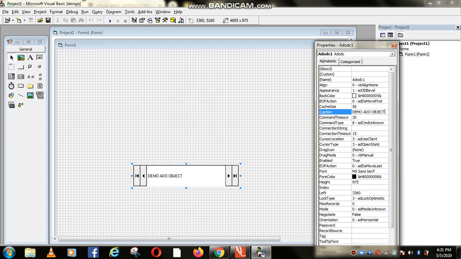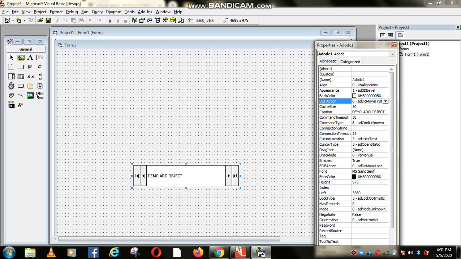Now we have to see this BOF action. What is the property of this one? This BOF property determines what happens when the user tries to move to the first record in the record set. Say in the record set we have 50 records and your cursor is at the first record.